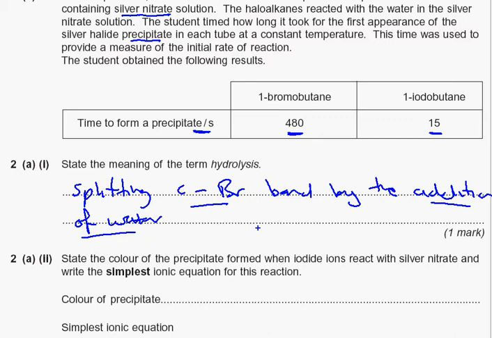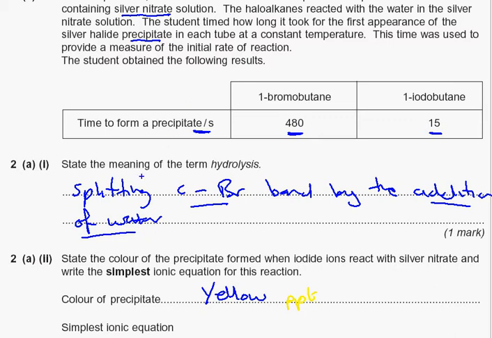State the colour of the precipitate formed when iodide ions react with silver nitrate, and write the simplest ionic equation for this reaction. Okay, so silver iodide is yellow. Let's write in yellow. Yellow precipitate. Okay, let's go back to blue. You can barely see that. And the simplest